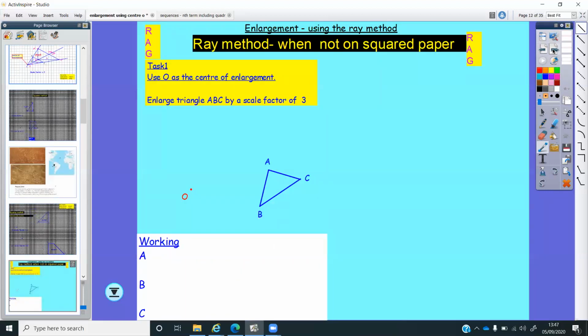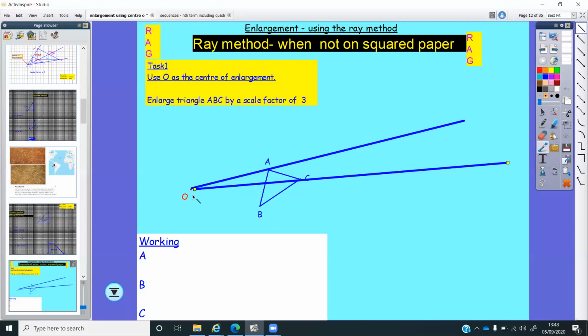Okay, ray method then. Once they're happy with that, then you can move on to the ray method, and they're going to need the rulers for that. So we can use measurement now, through A, B, and C. So again, this is a training phase here. And so this is normally what I do with this, and then A, B, and C, and they'll measure, and we'll do the working down here. So, for A, we say